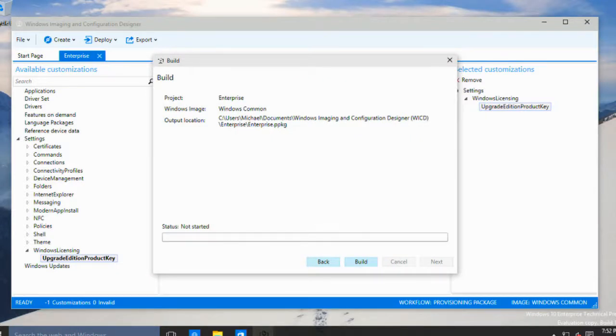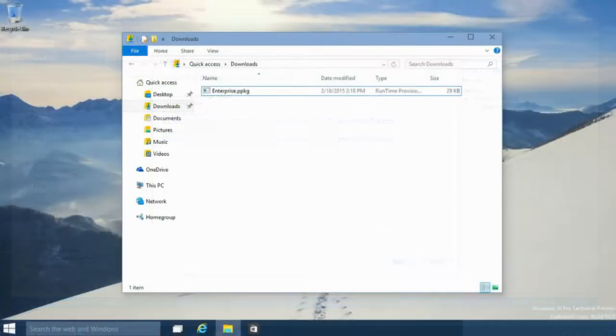Now, built into Windows 10, we basically don't have any way to distribute these. So you'd put it on a USB key or attach it to an email message or inject it into an image or something like that to get it to a device. But we are looking at other things that we can do longer term to make it more automatic to get these out to systems. So we then take that package and copy it over to a Pro machine,